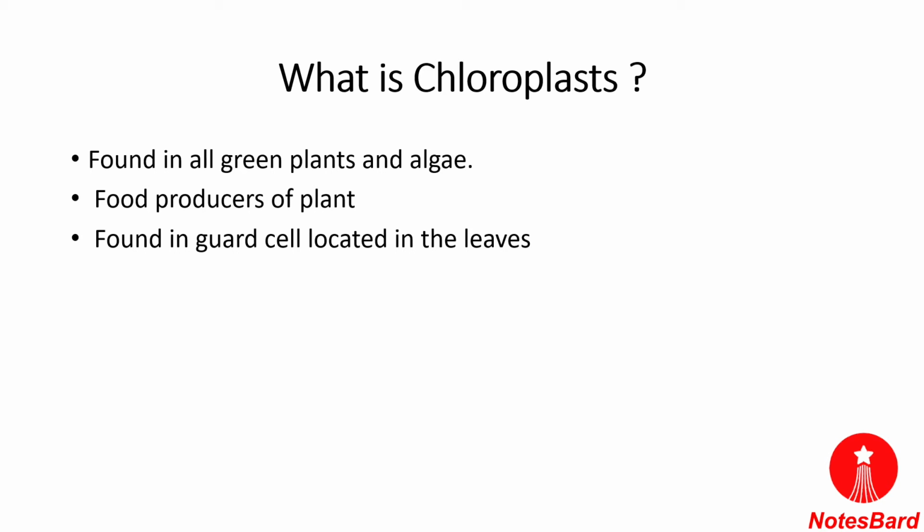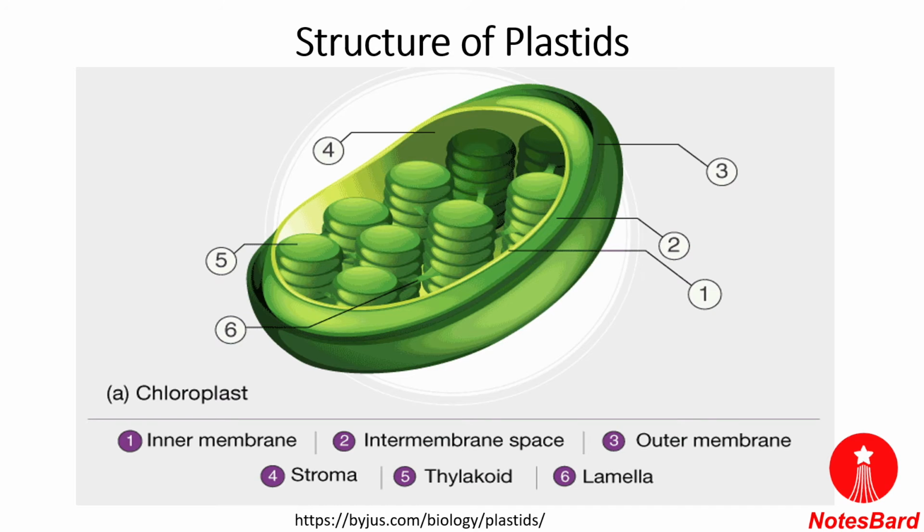Next, in the next slides, we will be discussing the structure and its function. So let's discuss the structure of the plastid. Why are we writing plastids here? Because chloroplast is a type of plastid only. So that is why we have written plastid. Now, for example, part A is showing the chloroplast. These are the main labelings of the chloroplast which are being shown.